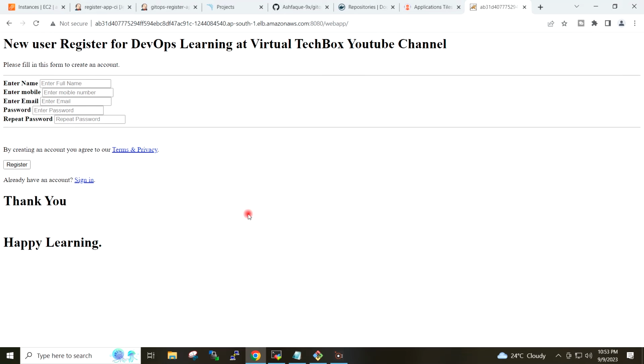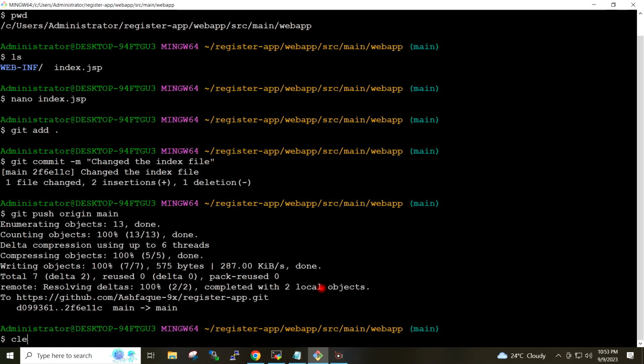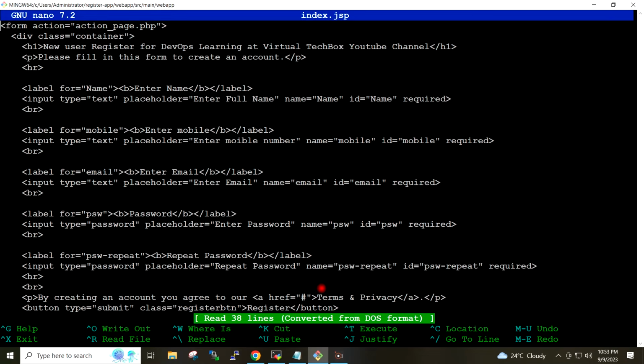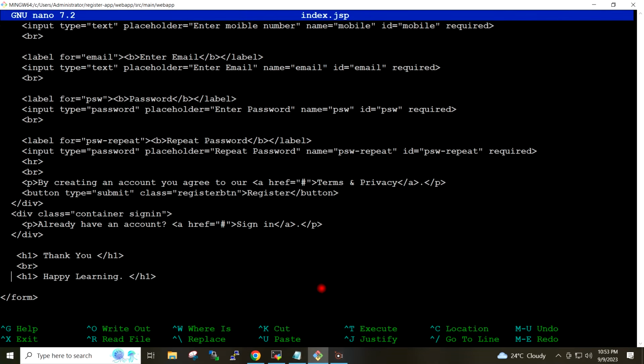We will test it once again. I will go to the repository. I will again open the index.jsp file, and this time I will add here, see you again.